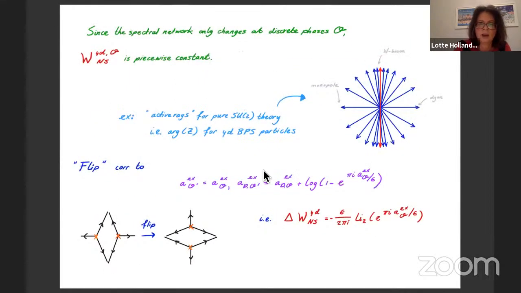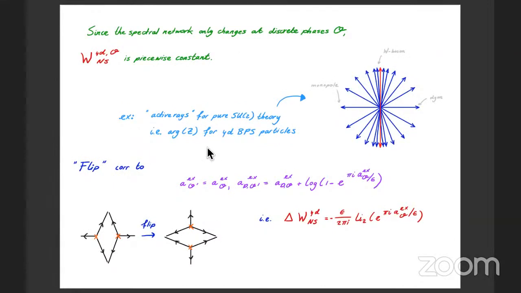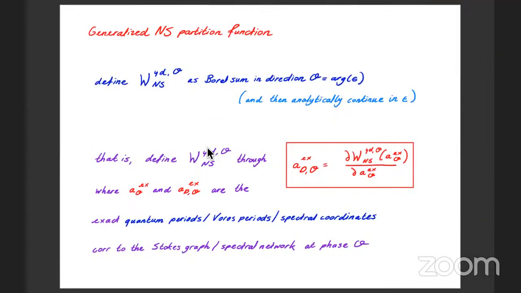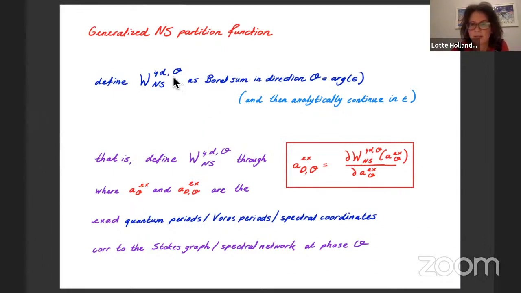Right, so it's interesting. Fenchel-Nielsen network, it can't be a more general spectral network? I'm sorry? It has to be a Fenchel-Nielsen spectral network? No. Here the phase is completely generic. So it's a general spectral network? Yes. Okay. I'm not yet giving a physical interpretation, but you could define an object which is dependent on this phase.